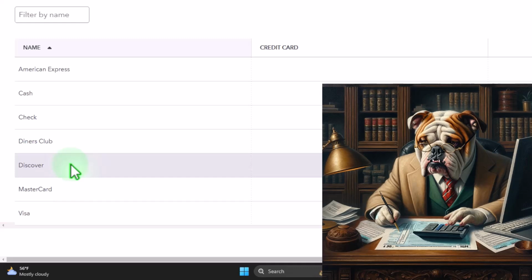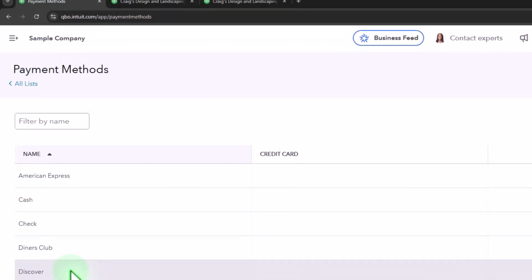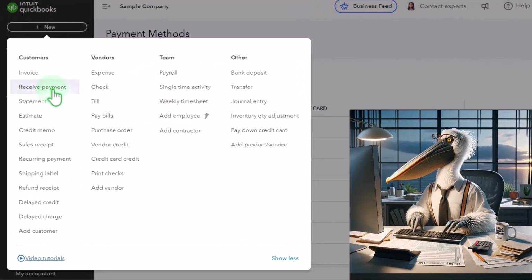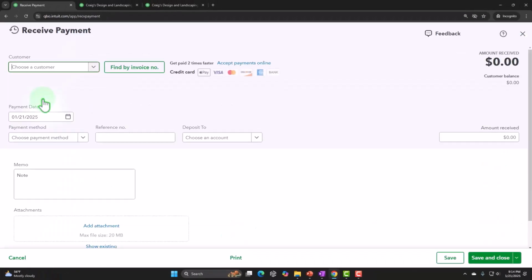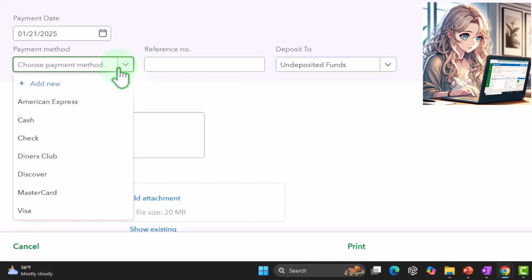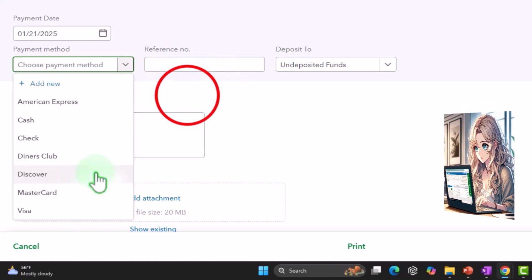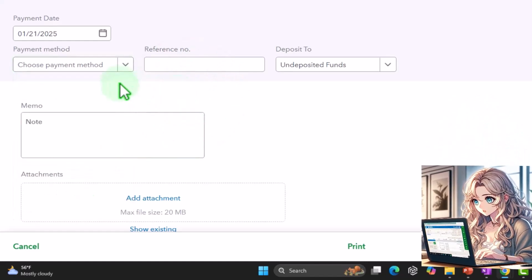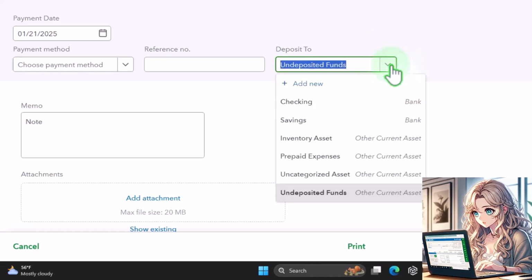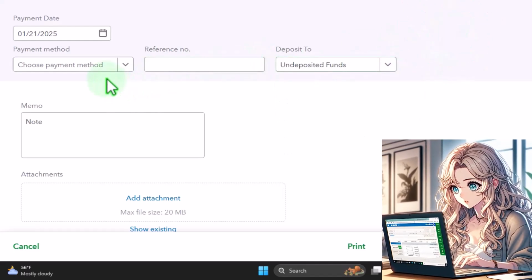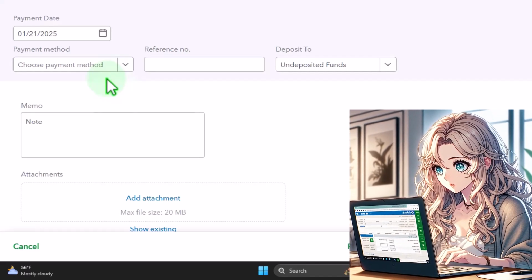Oftentimes we might be adding to that list when we collect from a customer. So let me just show you that here. If I hit the plus button, we collect from a customer. If we invoice, we collect when we receive the payment, right? So if I go into receive payment, we've got this payment method that they could pay us with: cash, check, the Diners Club, and so on and so forth. Now this doesn't change the transaction, because I'd still be depositing it either into undeposited funds or into the checking account typically, but it's giving us a filter field which will help us to group things together, because note that